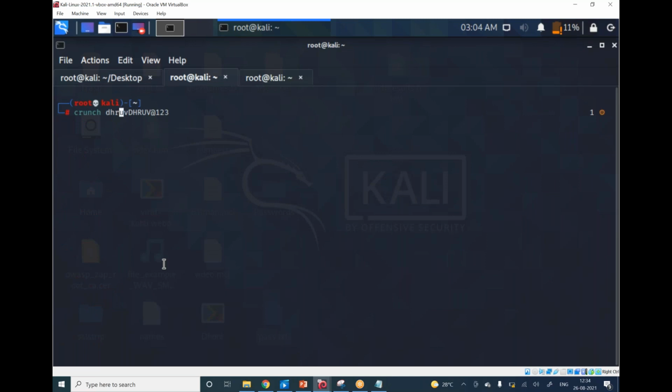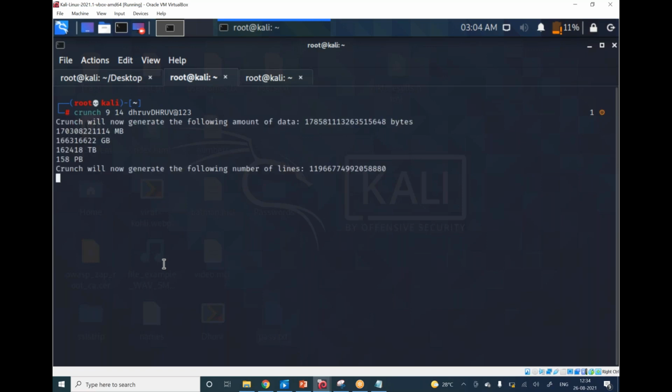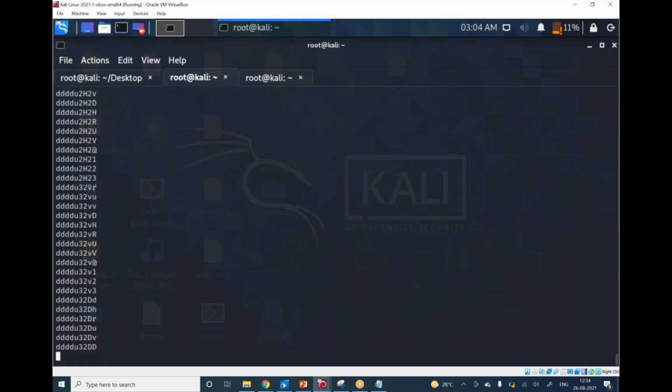But how many characters are there, 1 2 3 4 5 6 7 8 9 10 11 12 13 14? Maybe 9 will be the minimum. Enter. Okay, see how much it will give me. So much. I'll just do Control Z.